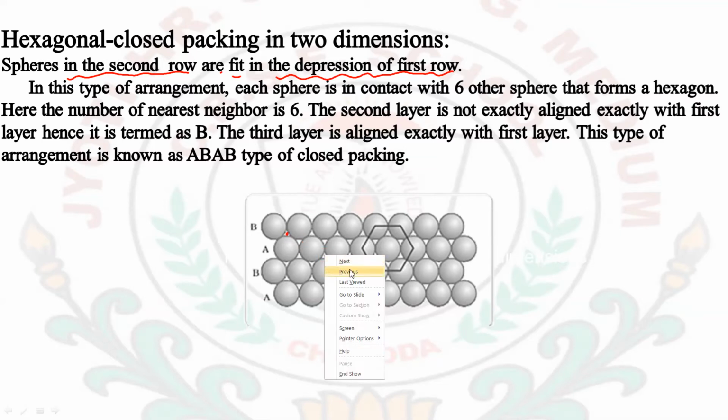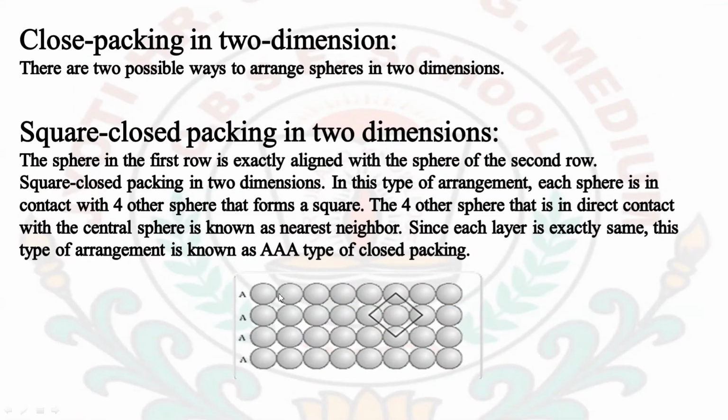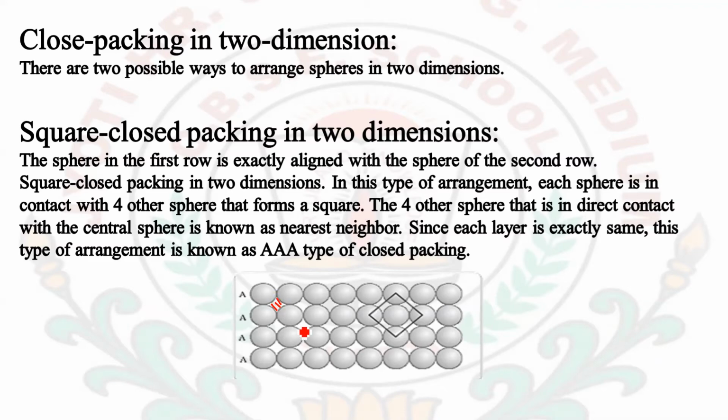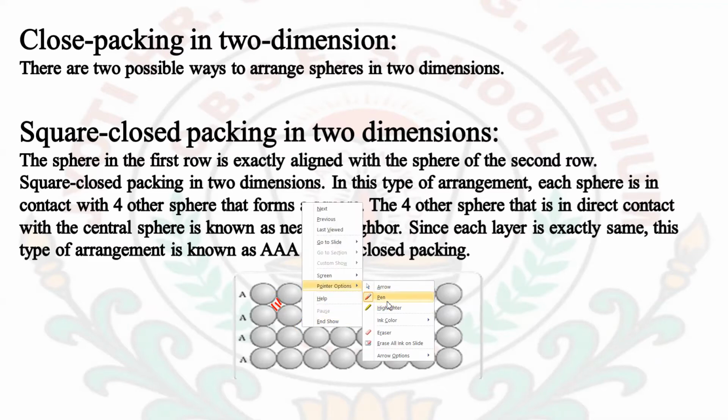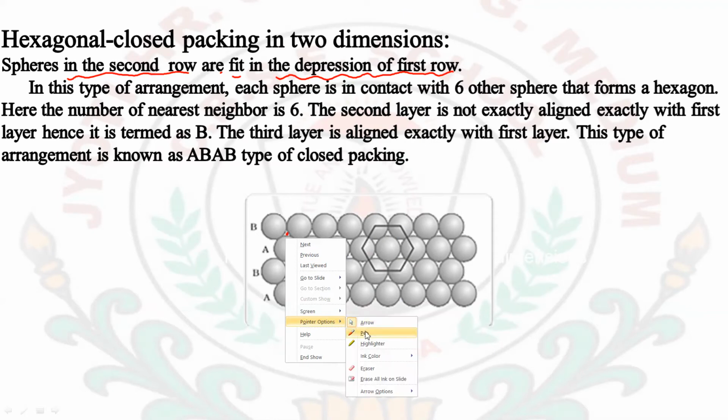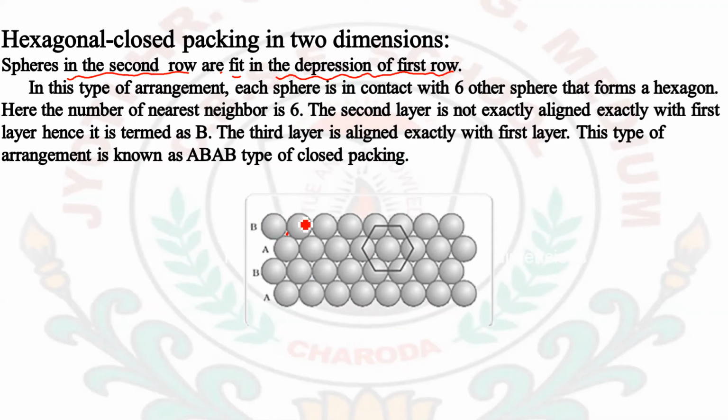If I show you the previous one, here the gap is larger. You can see the gap is much larger in comparison to what we have seen now. But in the next layering, the gap is much smaller due to the arrangement of the particles in such a way that the first layer's gap is covered up by the second layer, and then the second layer's gap is covered up by the third layer. Like this the arrangement will continue. So this type of arrangement is considered an AB arrangement.